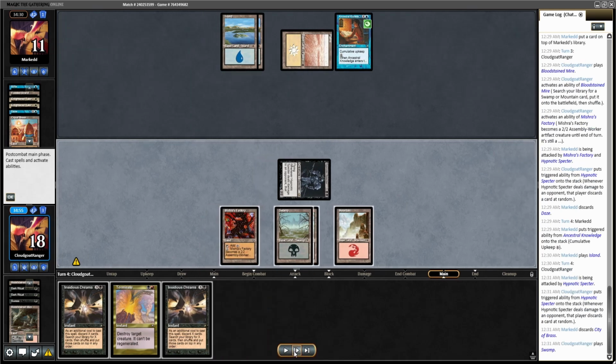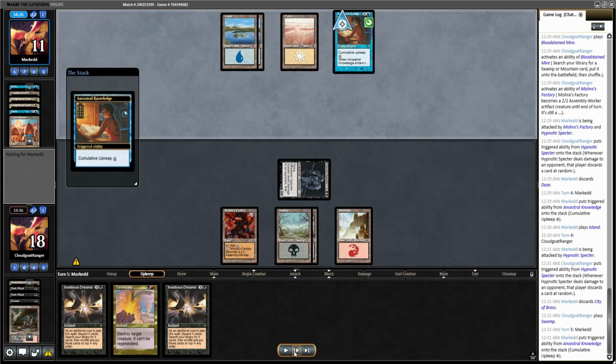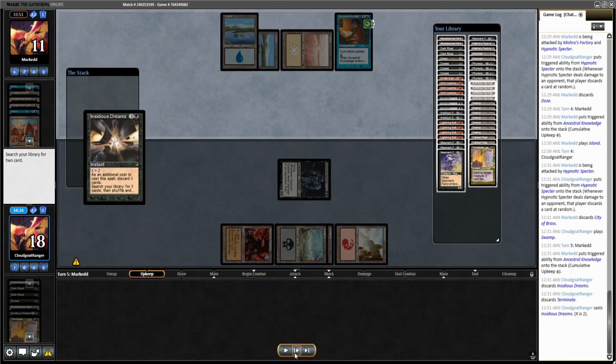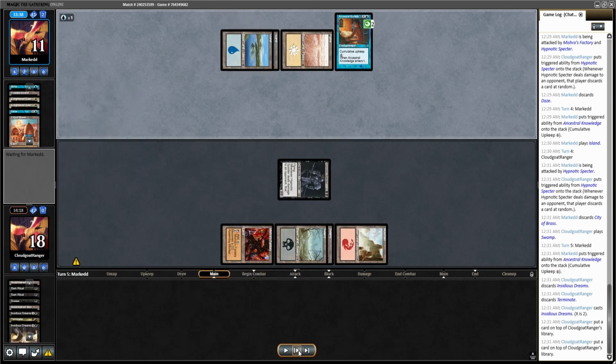So I'll play Swamp, and I was going to cast it, and I just thought I might as well let him pay for cumulative upkeep, since he's going to have to tap either his mana or let his Ancestral Knowledge die. So he taps here, and this is where I will cast Insidious Dreams, discard 2 cards, hit Erratic Explosion, then I'll get Draco, put them on top,